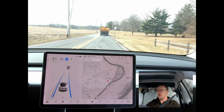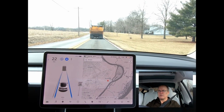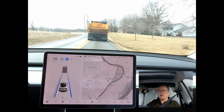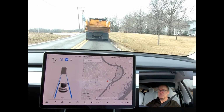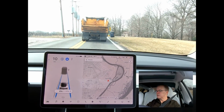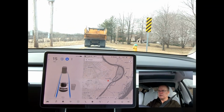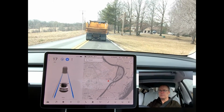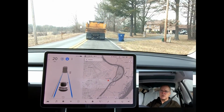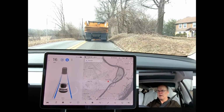So what I was saying is I normally increase my distance behind dump trucks so that when rocks fall off, they don't have a tendency to hit the car. Although we're going pretty slow, it doesn't look like they have gravel in this truck. So let's push it back to 3 and see how she does. There's 3 of these trucks, I believe, here in front of us, so I'm not sure where they're going. It'd be nice if they